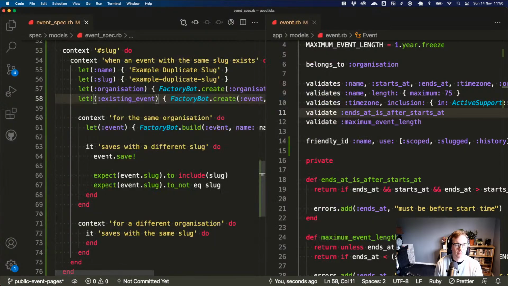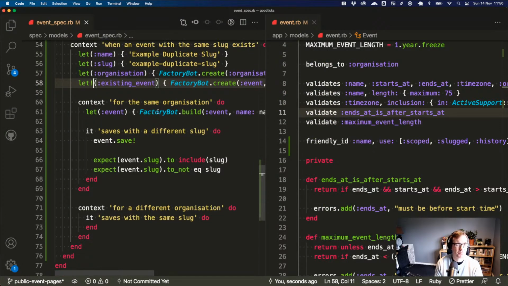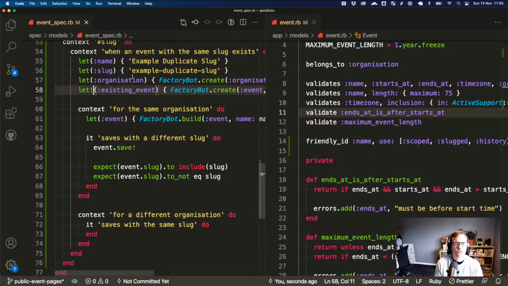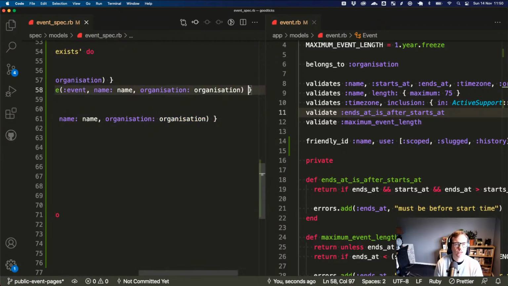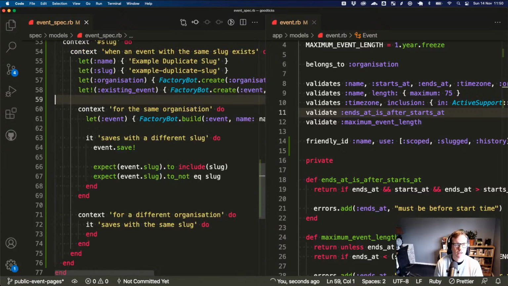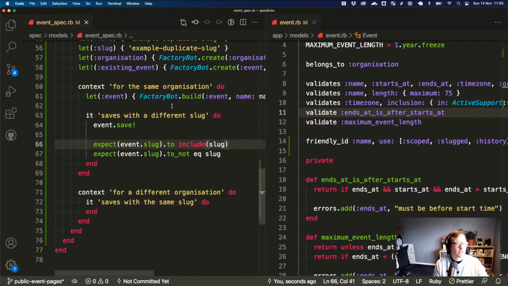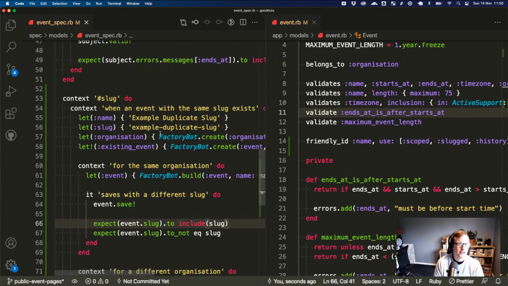Yeah, I don't like this. I'm liking this test less and less. I think it's now doing what I want it to do, but there's three things you could miss. That bang needs to be there. Those two names need to be there. The organization is probably fairly obvious because it's mentioned here. And the fact that we're doing two assertions on the spec, don't like any of that. But I'm going to say we can refactor that at some point in the future.